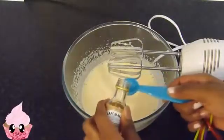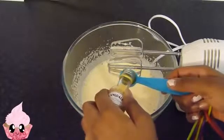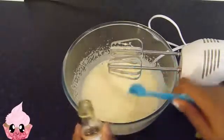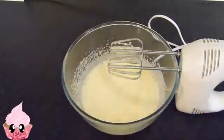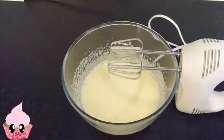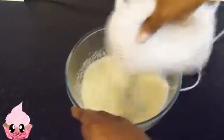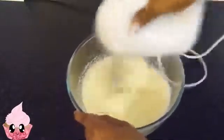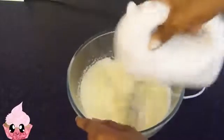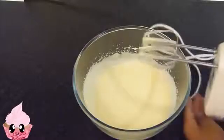Now we're going to add in our vanilla extract, and you don't really need a whole lot since the focus of these cupcakes is the white chocolate in them, but the vanilla extract just helps give the flavour of the chocolate an extra oomph. So just mix the vanilla extract into the egg and sugar mixture until